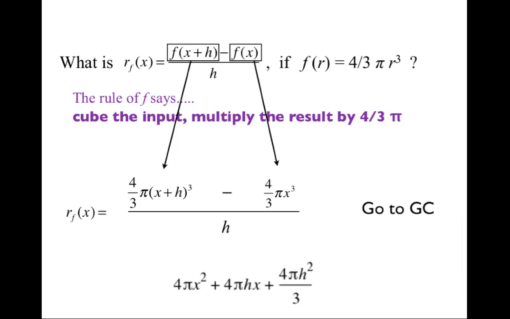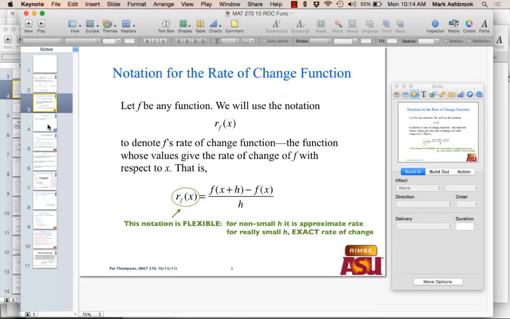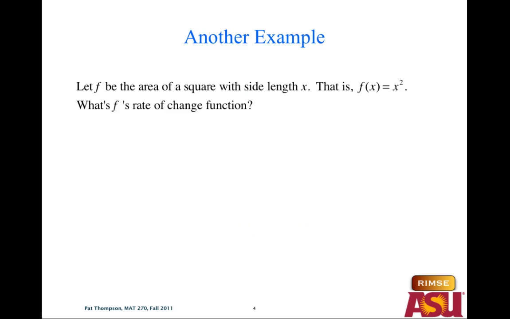So let's try another example. If f is the area of a square, we've seen this, f of x equals x squared. We want to find f's rate of change function. We want to find it represented in closed form. So